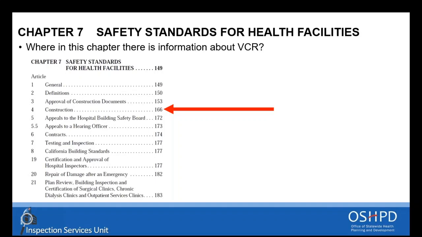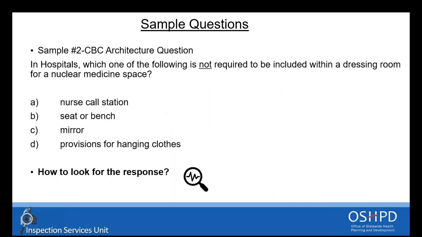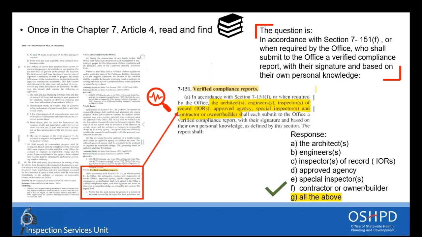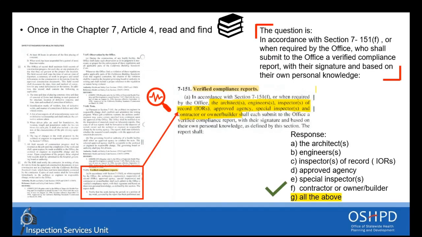specific to construction. And so, oops, sorry. Go back up. There is a little bit of delay, my apologies. So not only can you find the VCR portion in article 4, but the question also directs you to the same section. The question said section 7151F. And so when you go there, because in this case the question directs you to the specific section,